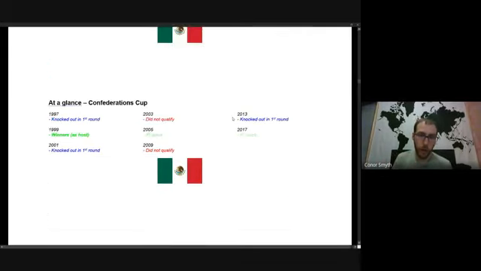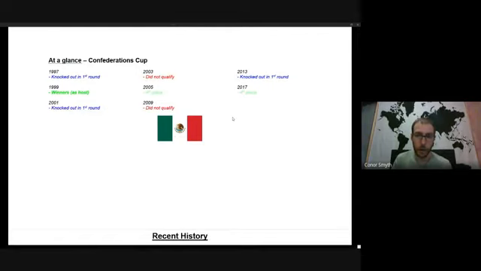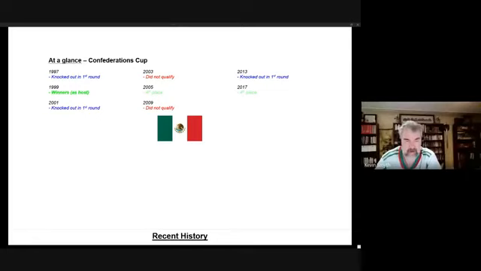And then in terms of Confederations Cup, it's worth mentioning just because they've competed in 6 of the 8 Confederation Cups that were held. They were winners in 1999 when they hosted, and then came fourth in 2005 and 2017. 3 times they failed to pass the group stage, though, perhaps hinting at the relative weakness of the CONCACAF region overall. Yeah, good point there at the end.